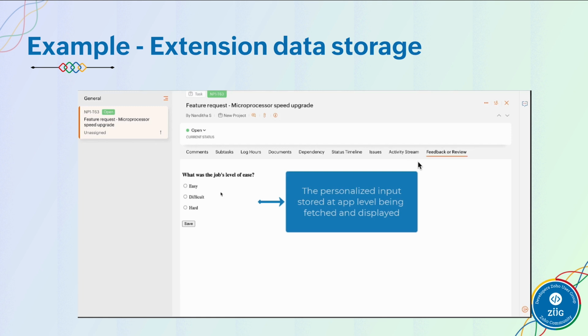task module. So here the data was stored at extension level, so it can later be retrieved in any other widget location of your extension. So in my task module, I've created a widget called feedback or review. I've retrieved the data which was stored at extension level. So the question and the answer choices provided by the end user are retrieved over here and displayed in a